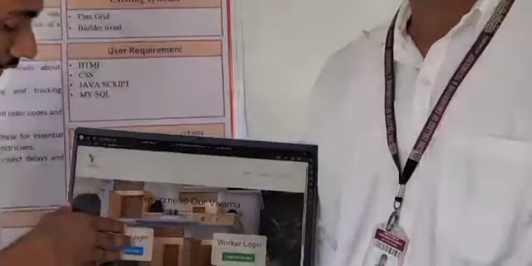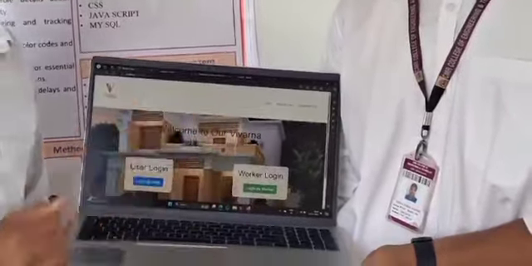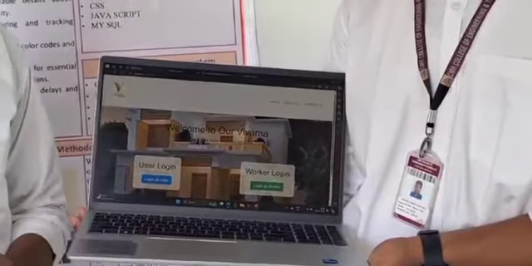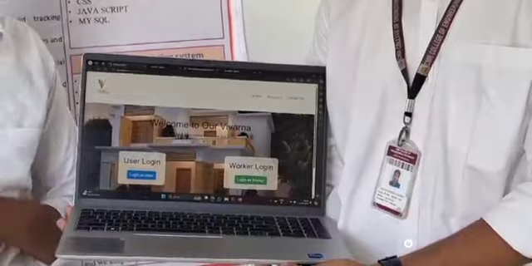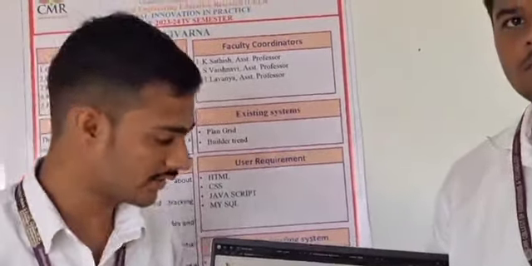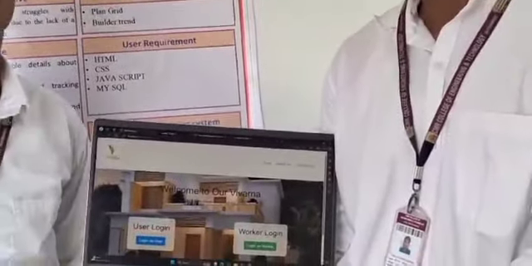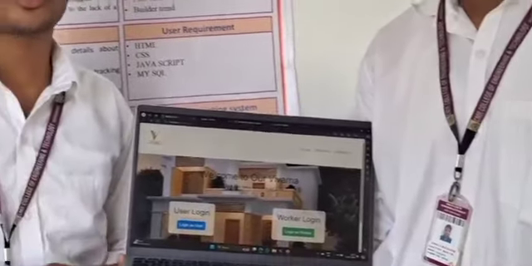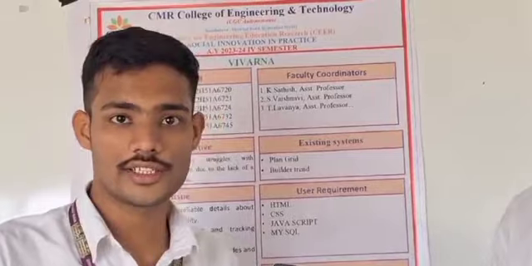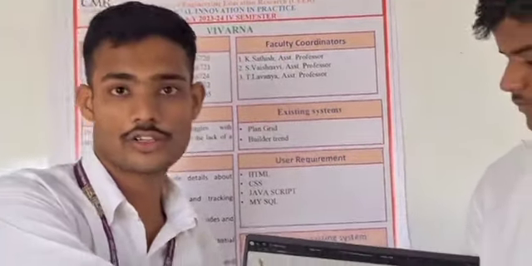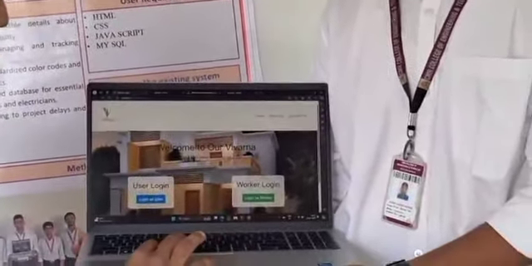Coming to the website that we have made, it consists of a main page. Thereafter, one is for the user login and one is for the worker login. Users are the persons who want to know the details regarding the various technicians like plumbers, electricians, architects, etc. Workers are the people who enroll on our website for their employment. Whenever people want to hire them, they can know the details of the workers enrolled on this platform.